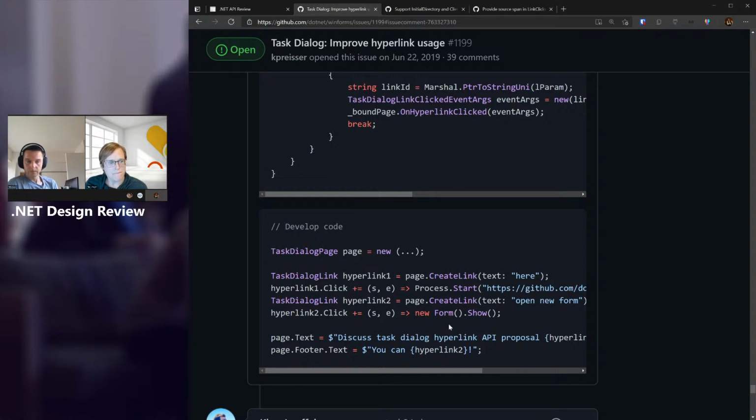Once you have seen it once or twice, it looks neat and it makes sense. But if somebody's brand new to the API, it wouldn't occur to me probably. I would sit there for a while and think I would have to add this hyperlink to something, like some collection I have to add it to.